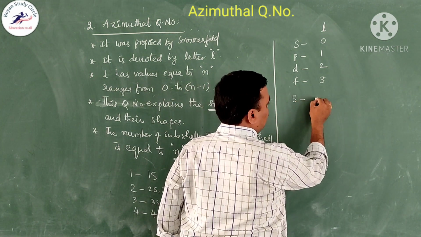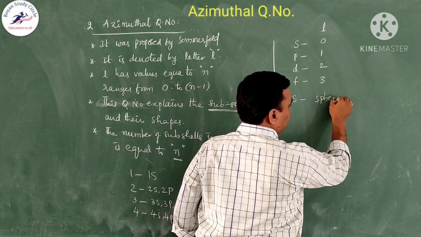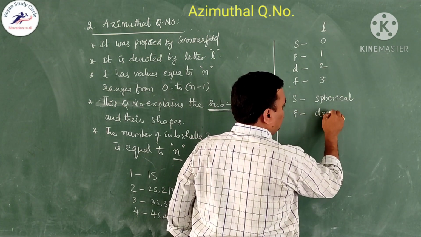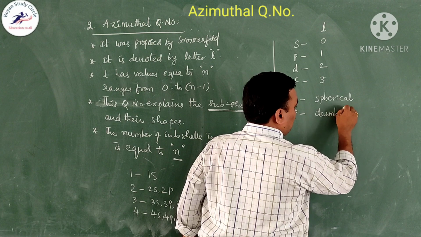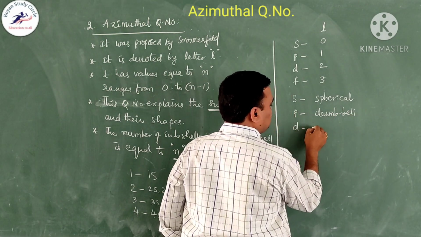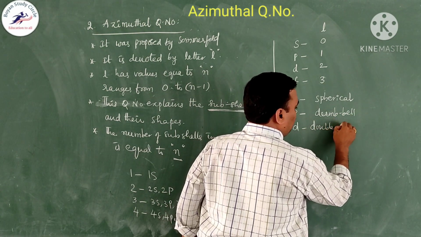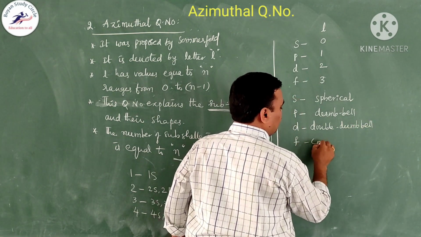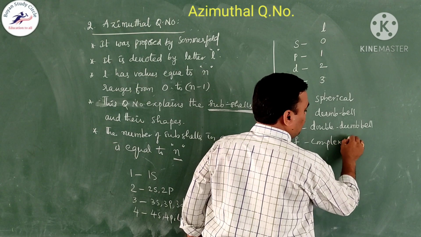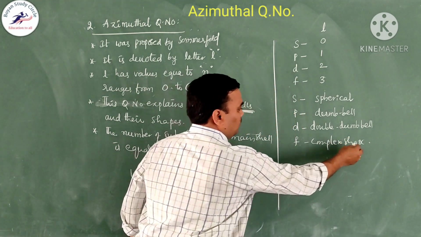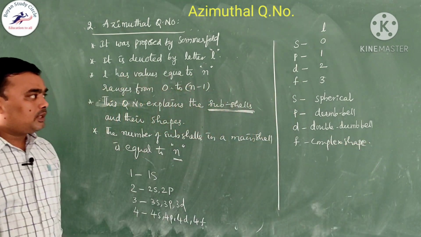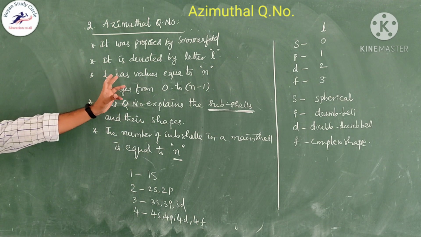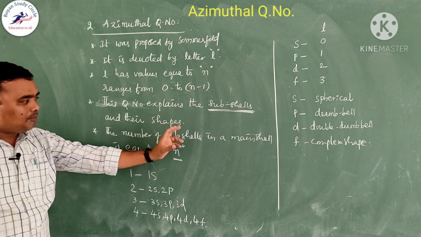So, S subshell has spherical shape, and P subshell has dumbbell shape, and D subshell has double dumbbell shape, and F subshell has a complex shape, right? Complex shape. So, in this way, the second quantum number, that is Azimuthal quantum number, explains about the subshells present